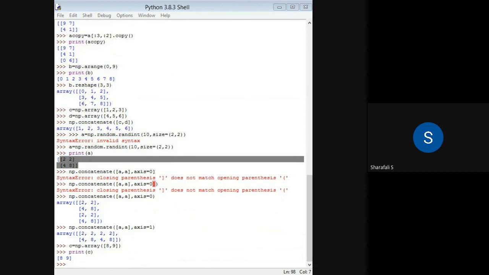Here I will just use the VStack option because we need to have this vertically.